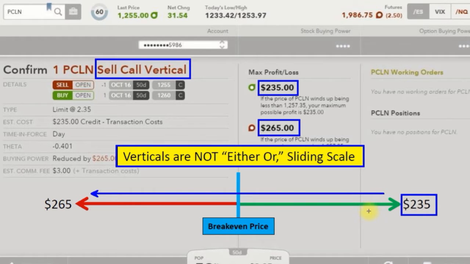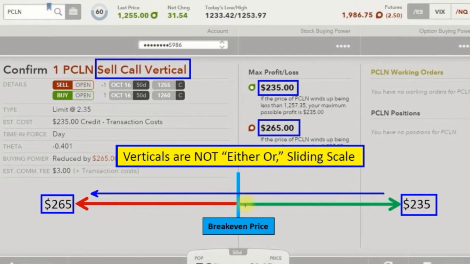So when I say it's a sliding scale, all I mean is we start at $235 profit, and when this trade is finished, we'll either be somewhere in this green area, which is profits, or somewhere in this red area, which will be losses, but the most we can ever lose is $265. So at expiration, somewhere in this whole range is where this trade ends up, and that decides whether we have profits or losses. So it's not either $235 win or $265 loss, it's somewhere